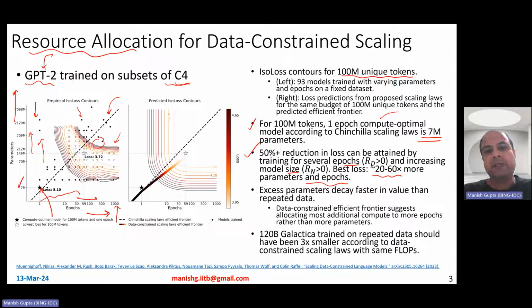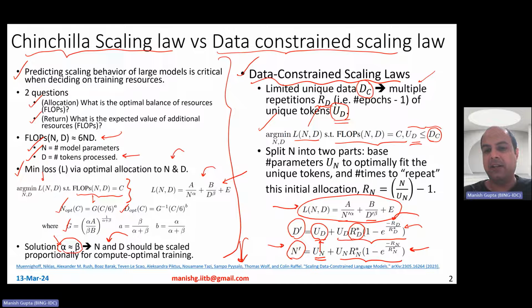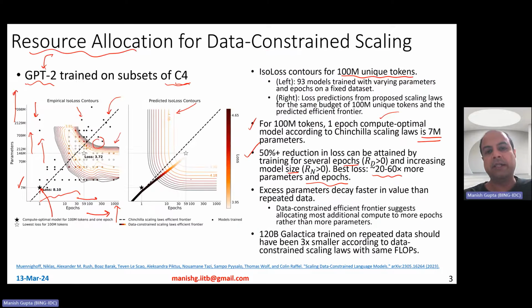Okay. Now, if you went ahead with the optimization solution that was proposed in the previous slide, the data constrained scaling law, and a solution to this theoretical framework, you obtain curves of that kind. Okay, the curves that you see here very much match with the curves that you see here, right, in the actual. So the left one is empirical, the right one is what is observed. Now, of course, you see the Chinchilla law there, but what you also observe is that based on these curves, you can actually draw an optimal scaling kind of efficient frontier.